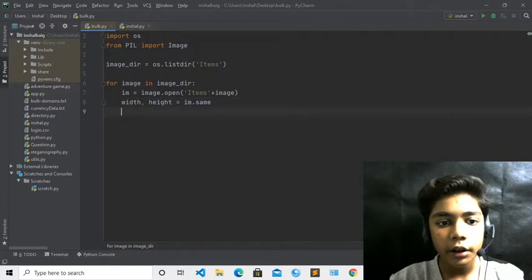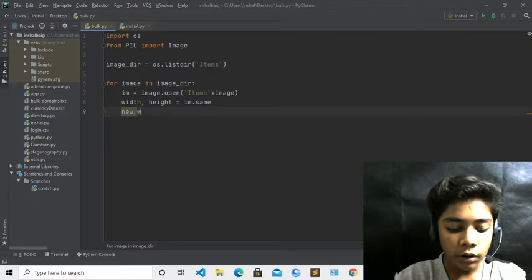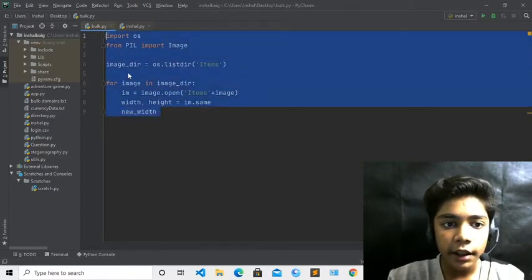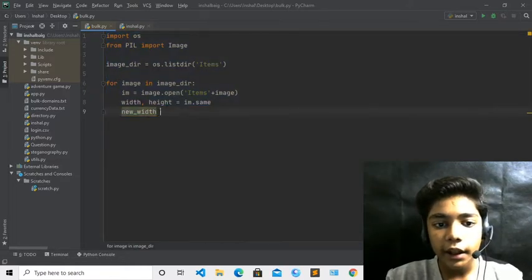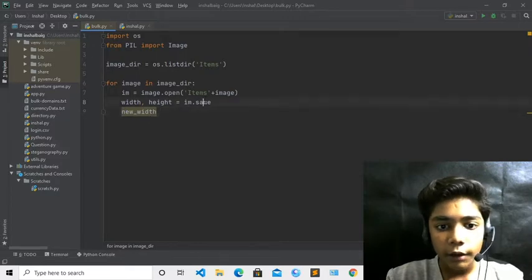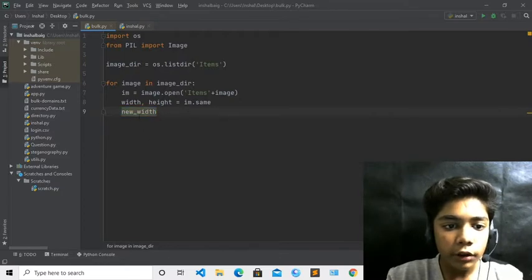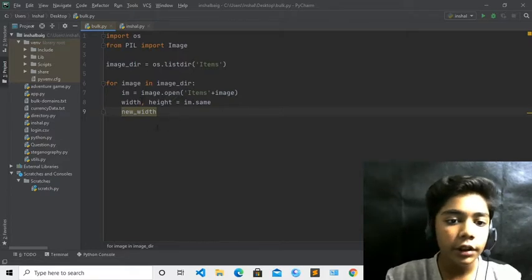Now here you have to define your width, which will be new width. The reason we are writing new width is that our image comes with its old width, which is random when we download any pictures or videos from Google or any browser. The width and height will be random, so this will now be the new width. If you want, you can write old width, I am just writing it randomly so you can understand that this is our new width, so now we are changing it.